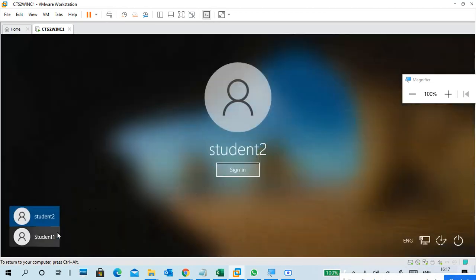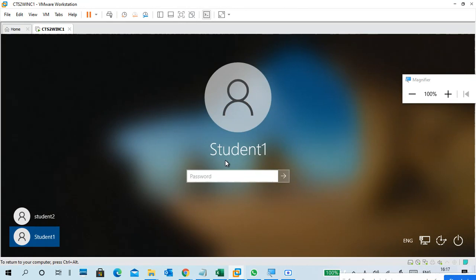So I log in with the student one only. Okay, so I'm logging in with the student one because he's an administrator. An administrator can make changes.